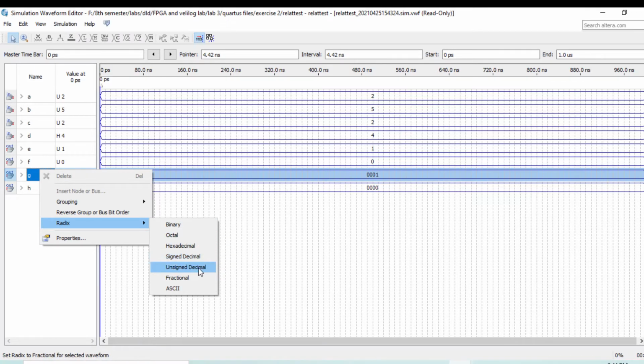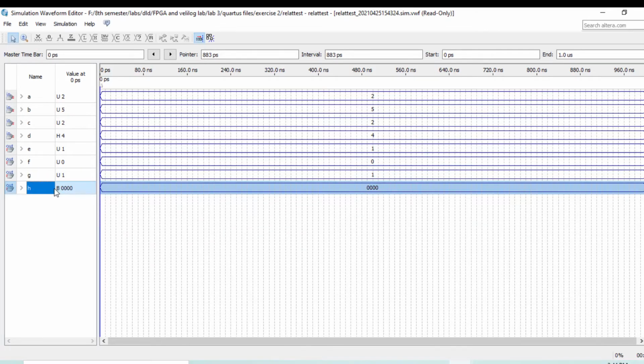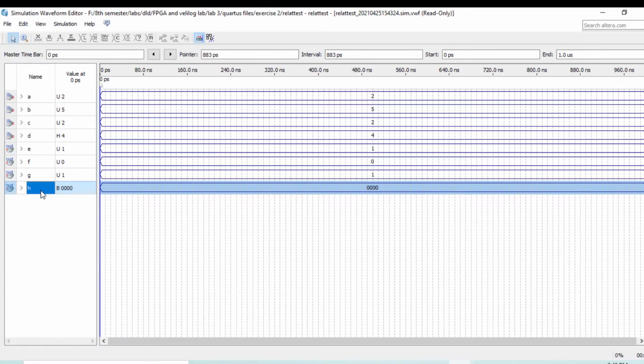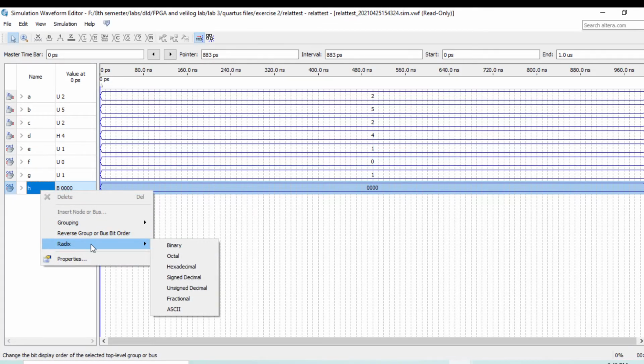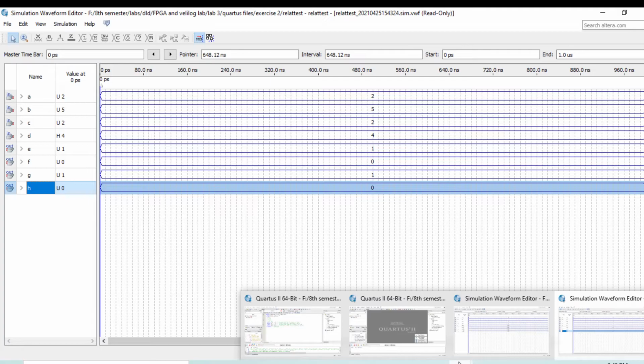Right click on radix and click on unsigned decimal. And here you can see our value is 101. And the other main thing I will show you in the code.